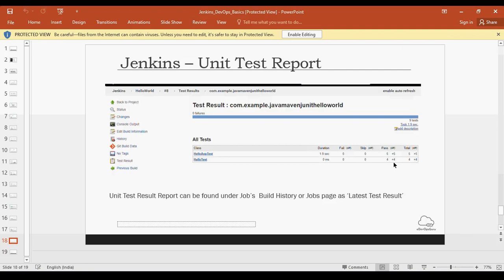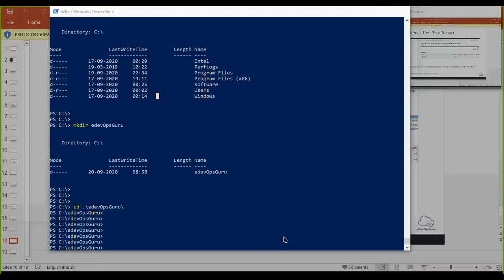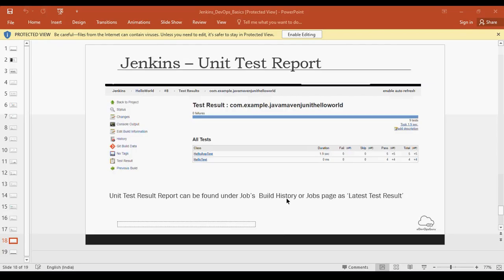Once you run it the next time, if there is some failure, it will show you minus or plus depending on the case. Basically, this is the delta with your previous run. Okay. So this is what we covered in the earlier session. This is just a brief. Now let's do the same thing.